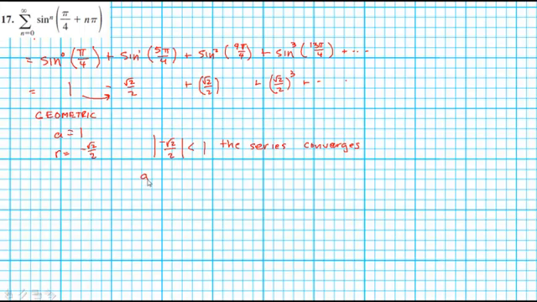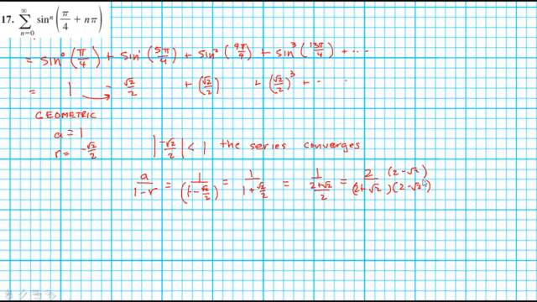It converges to a over 1 minus r, or 1 over 1 minus negative root 2 over 2, or 1 over 1 plus root 2 over 2, which is 2 over 2 plus root 2, and then if we multiply this by its conjugate,